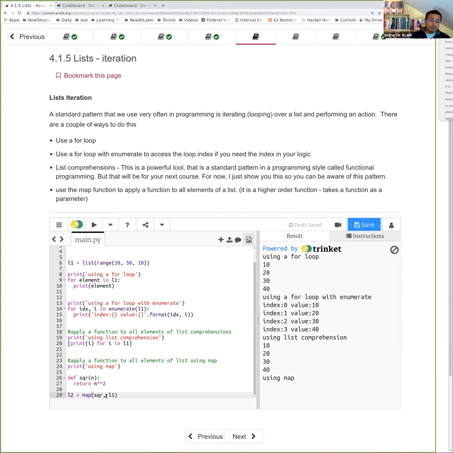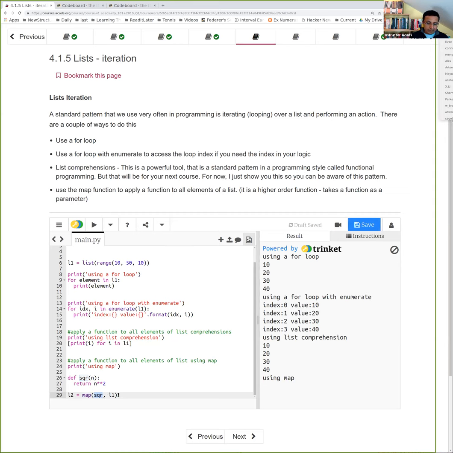But what is special about map? It is passing a function as the first parameter. And this is the first time that we have this idea of passing a function to another function. So far we passed values and data and other things to functions. Now we are passing a function to a function. So give me a function, I will be responsible to go through the list, pull every element out of the list,